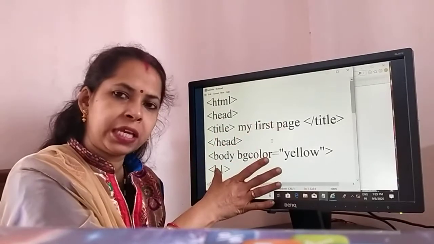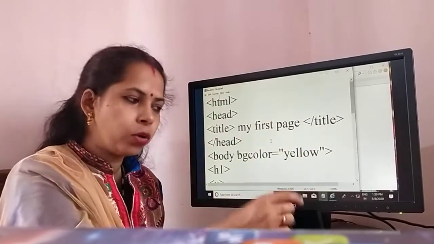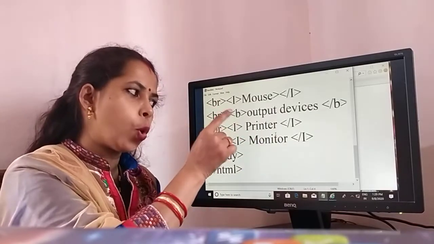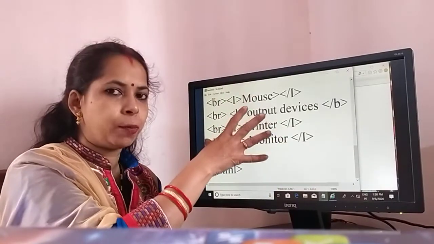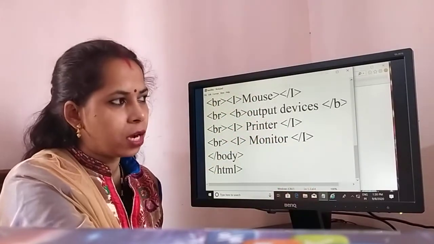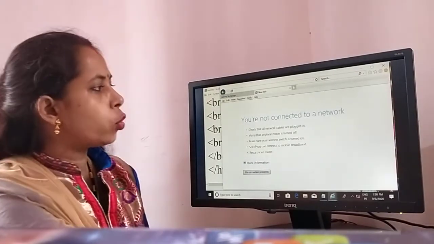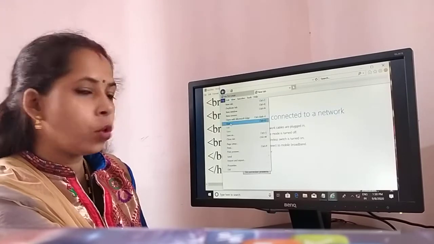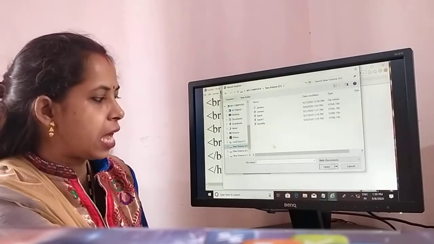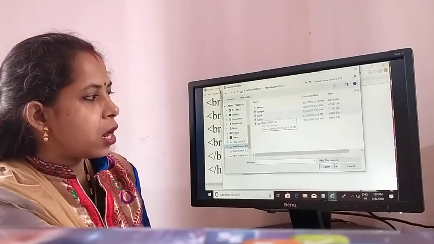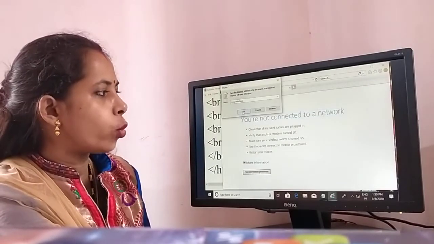So this is coding. In this coding, we have to take the H1, then the background, the font formatting, bold, italic, underline also, and we have to save our file in the respective place, D drive. After that, we will take Internet Explorer to display our web page. Go to File, then Open, then Browse, then D drive, because my file is in D drive. Harshita is my file name, then Open, then OK.